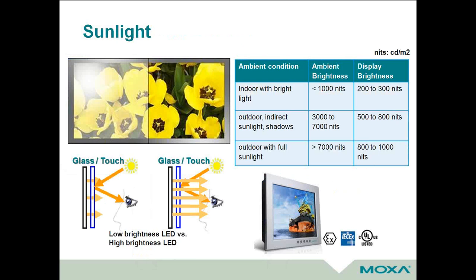and related to the heat issue, sunlight and screen displays are also an issue to consider when choosing an HMI or a panel PC for that matter. We're going to discuss it in terms of nits, which is candelas per square meter, and the SI unit is a defined unit of luminance. Most screens and HMIs that you're going to see are going to be somewhere between the 3,000 to 7,000 nits. For an industrial PC or an HMI, you're going to want that to be over 7,000 nits, simply because the insulation of the